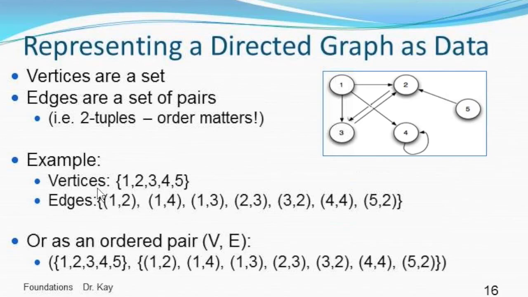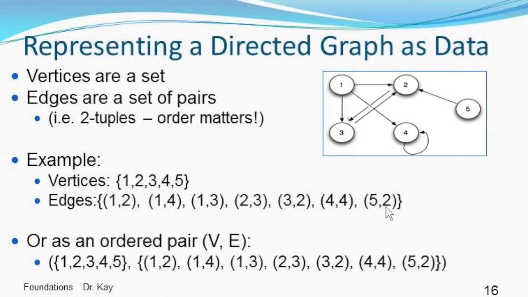So, for example, in this graph pictured here, the vertices are the elements 1 through 5. And the edges, well, this says there is an edge starting at 1 going to 2. Well, there it is. Another edge starting at 1 going to 4. 1 to 4. And we have to represent this as a pair, as a 2-tuple, and not as a set because order matters. In sets, order doesn't matter, but here in our 2-tuples and our pairs, order matters,